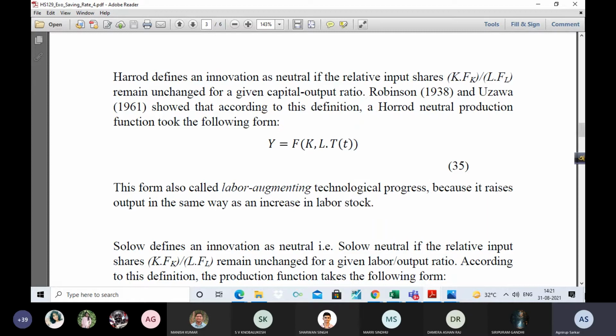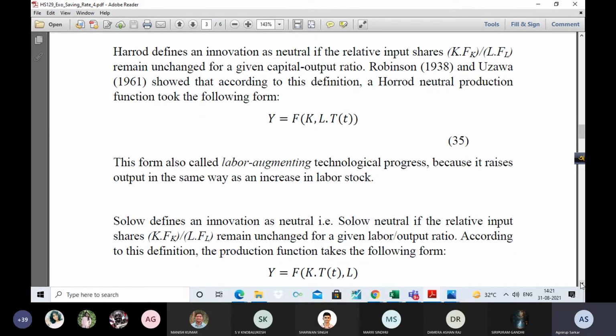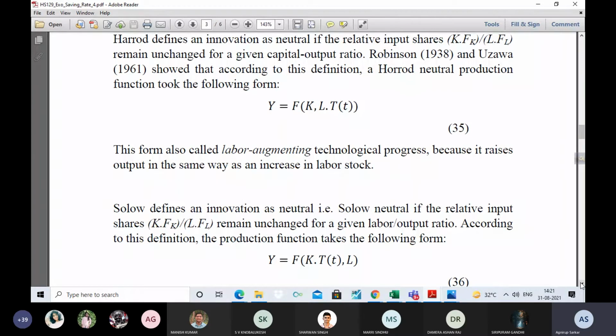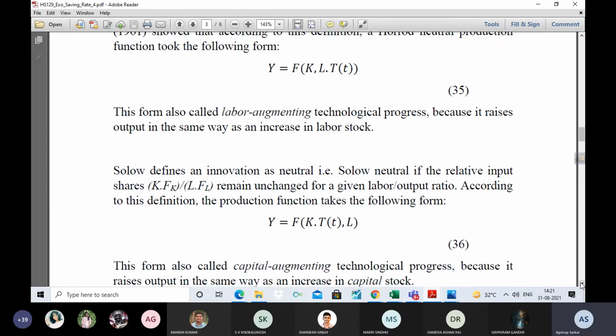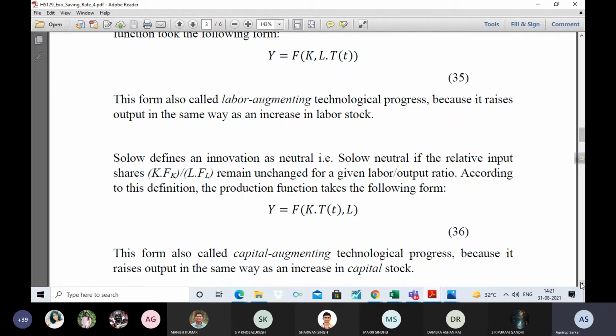Finally, economist Robert Solow came up with the definition of neutral technology as follows. This was developed much later. He developed this idea of a neutral technology in 1969, much later than Harrod or Hicks. So how did he define a neutral technology? Solow said that an innovation is neutral, we call it Solow neutral, if the relative input shares,